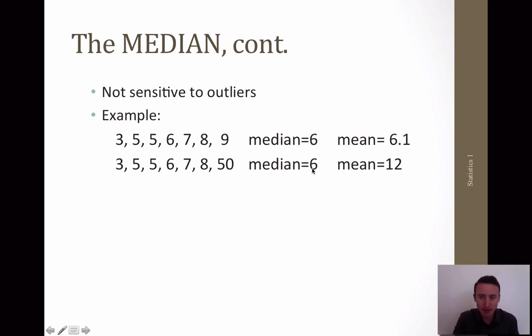Notice how the median is not affected though, because the median only takes into account the middle value, or values if there's 2. Whereas the mean was drastically affected. It went from 6.1 to 12. And again, if we're trying to determine what is typical, sometimes the median is a more accurate representation of central